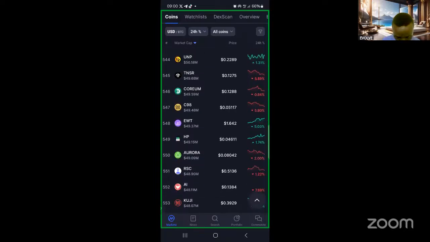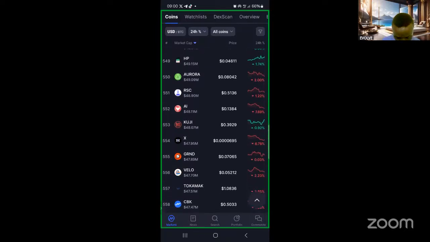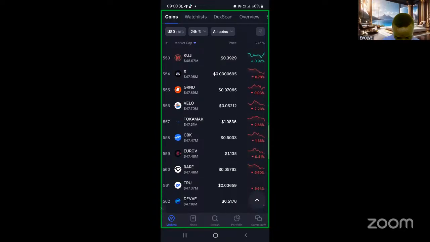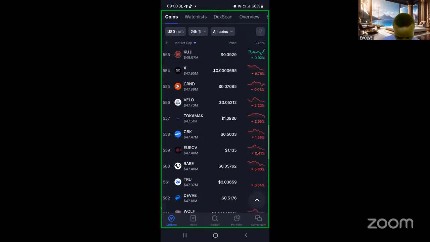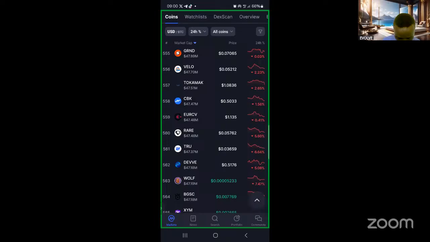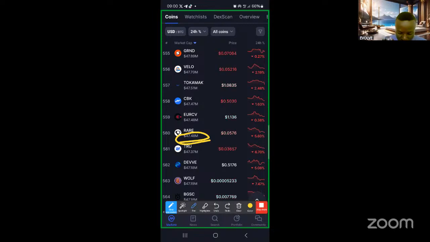There are a lot of coins here, so many. All right, I think this one is more common. Let's look at a coin like Layer. Layer, I've seen that. How much does it have? It has 47 million